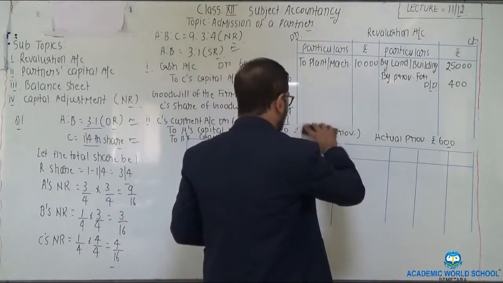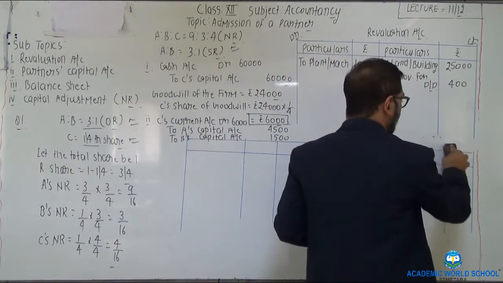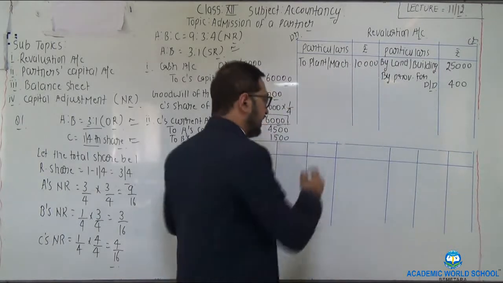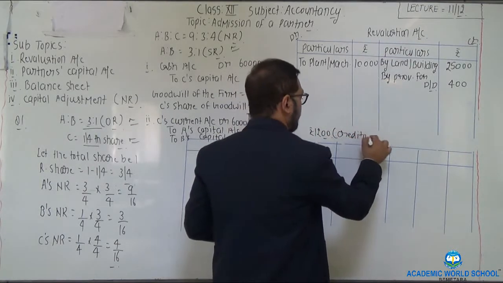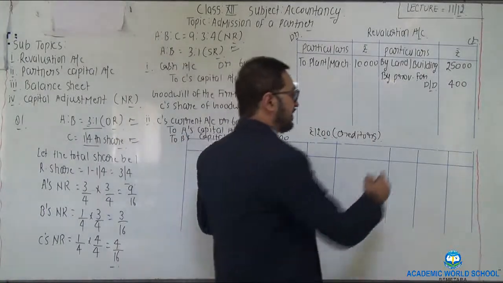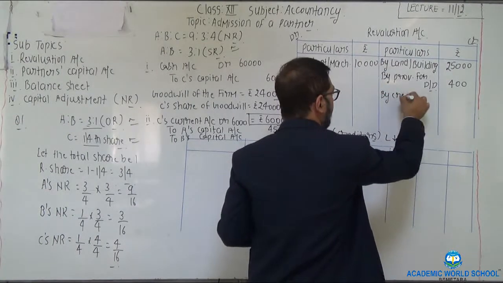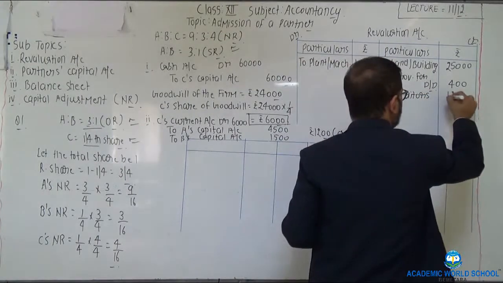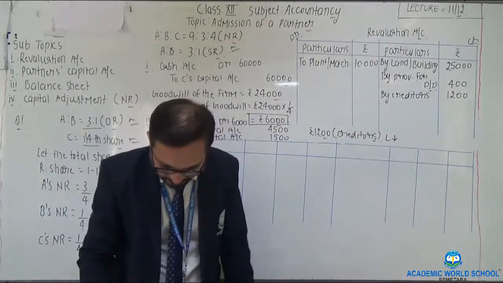Next heading is a liability of 1200 included in creditors. Now it is not likely to be paid. That liability is not to be paid to creditors. 1200 is not to be paid to creditors, which means that again the value of liability falls down, so there is a profit. If the value of liability decreases, there is a profit of rupees 1200 to be placed on the credit side of revaluation account.